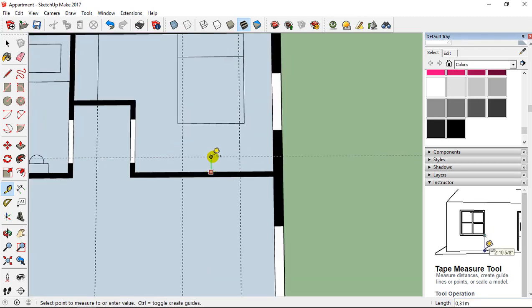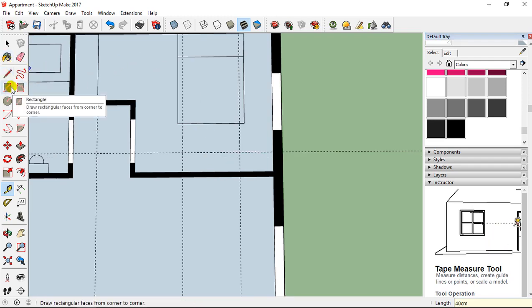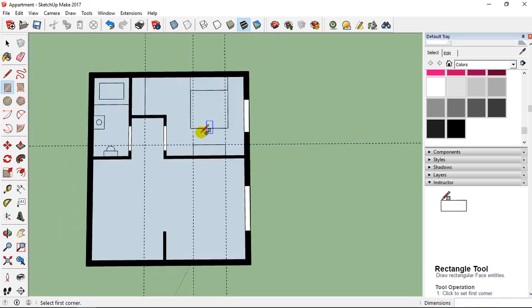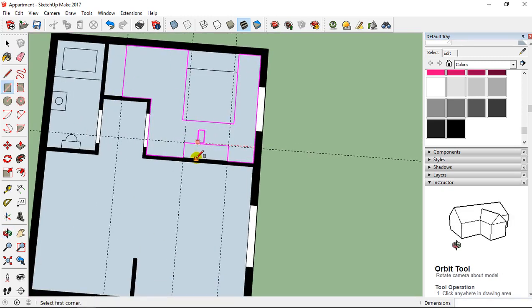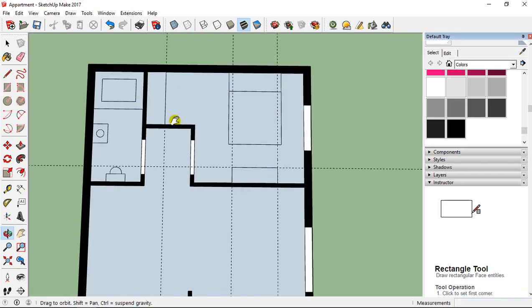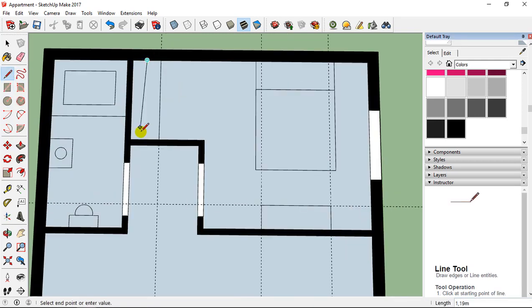And then another guide like this to 40 centimeters, like this. After I just need to take the line tool or rectangle tool and go on the guide like this. And after, why not change a little and edit this, I can take this line and do something like that, for example.